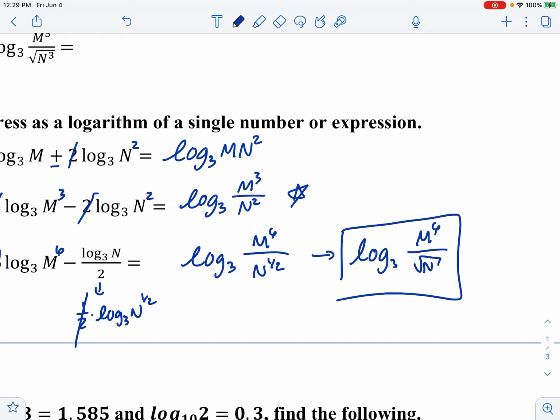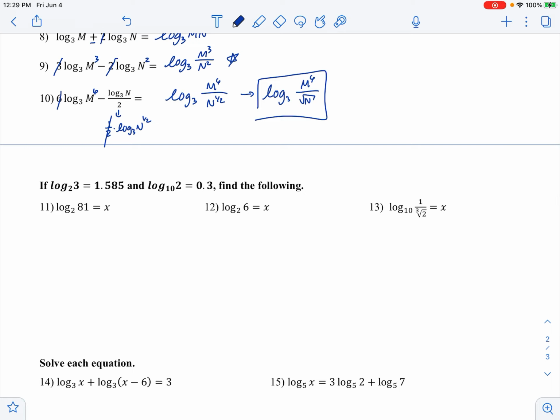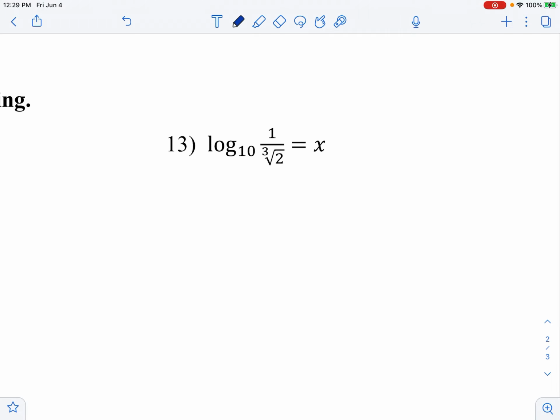All right, and then let's just do a couple of solving problems. For numbers 11, 12, and 13, they gave you the decimal approximation of these and then asked you to find the value. So let's do one of these together. Let's take a look, I think, at number 13, because that one's a little bit tougher. I'm going to first